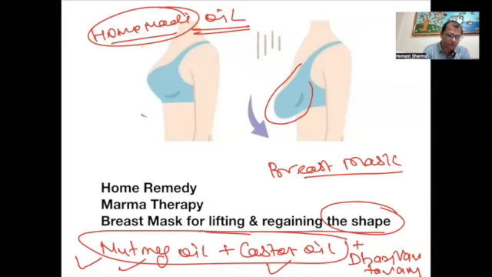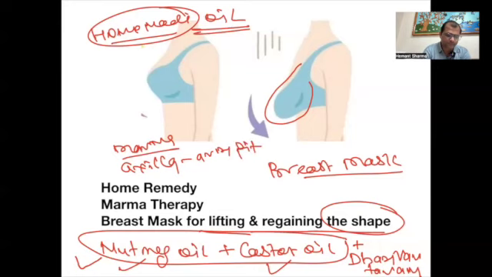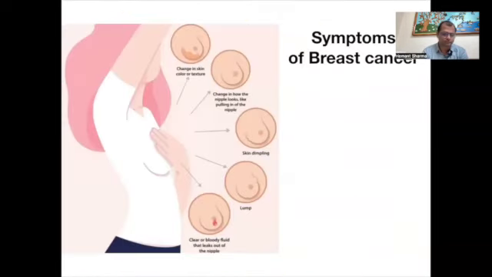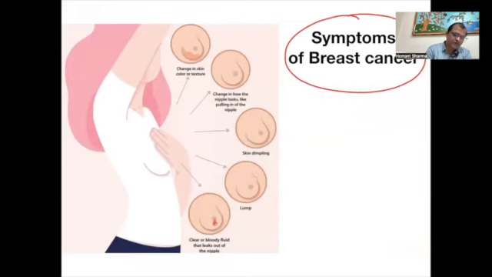We have to stimulate certain marma points, and we have to stimulate certain points found in the axilla or the armpit. 同时你要去刺激一些在腋下的穴位，才会起到作用。